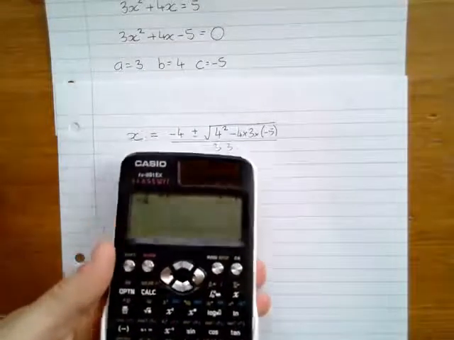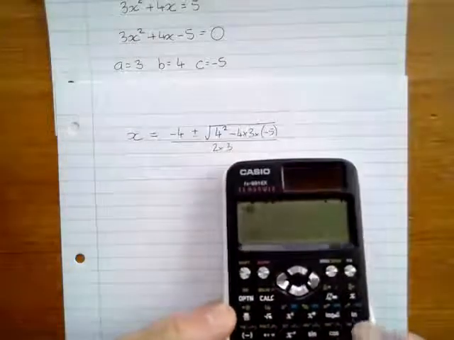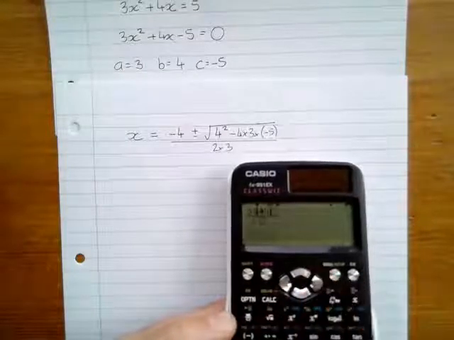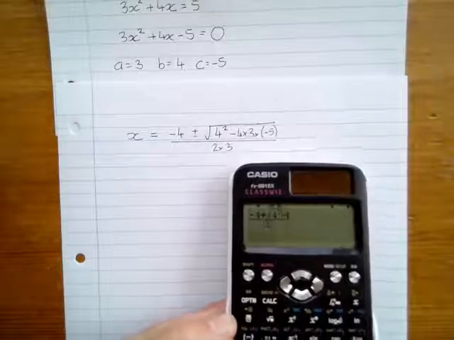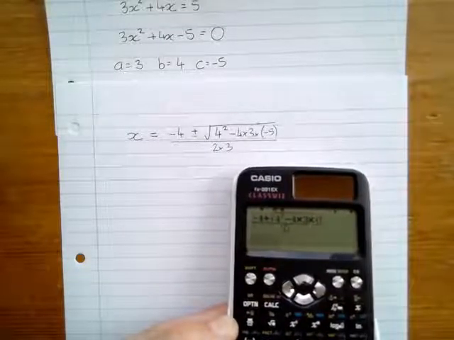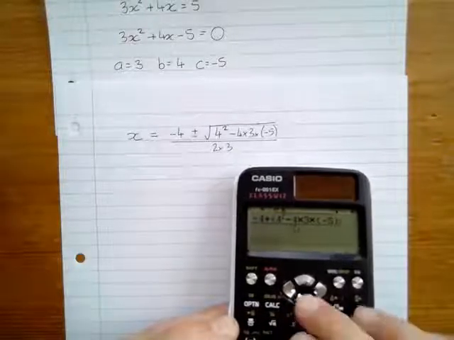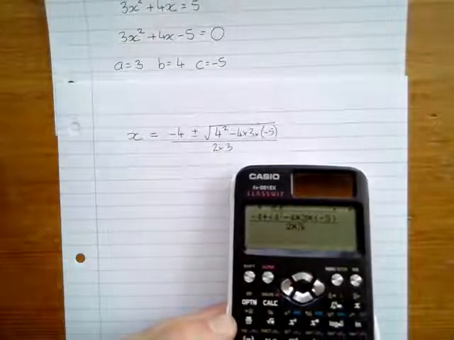Minus 4. Oh, I've got to sort this out so you can see it. Plus, oh, I've forgotten to put the bracket. Minus 4 plus the square root of 4 squared minus 4 times 3 times, open bracket, minus 5, close bracket, divided by 2 times 3. Okay. Now when I press equals this time,